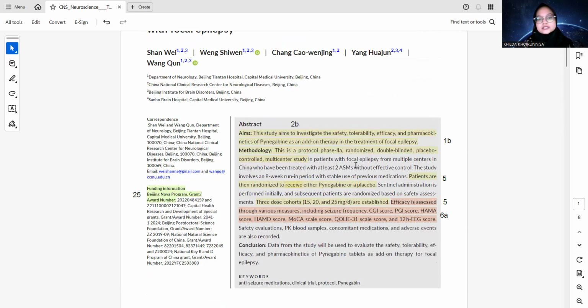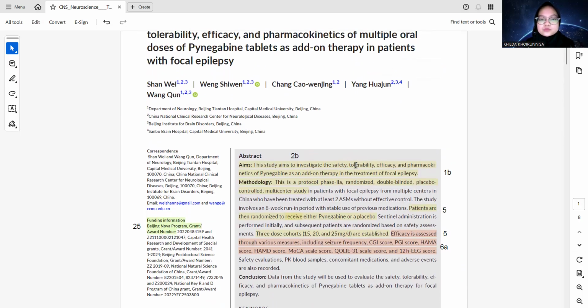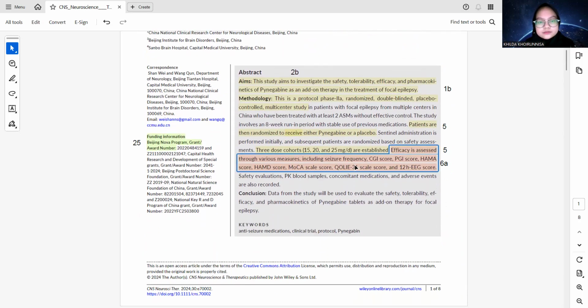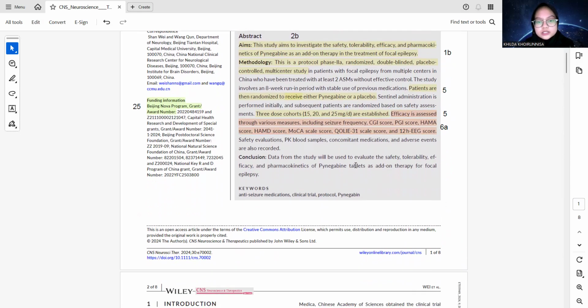Let's jump to discussion-related items. Next is item 21, generalizability. The authors note the population is Chinese patients with refractory epilepsy.